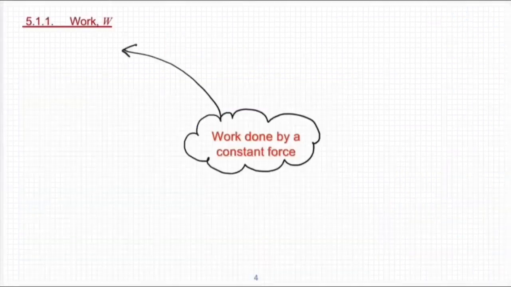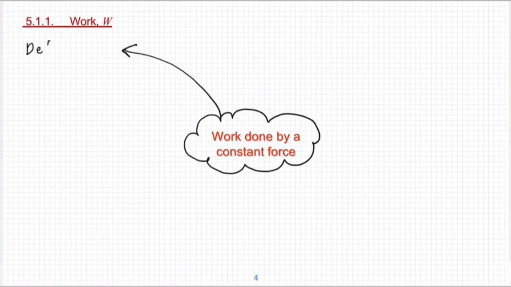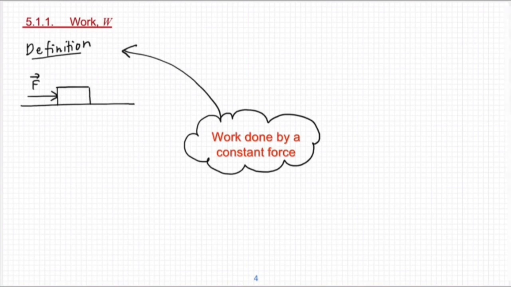Okay, first of all, work. How do we define work done? Imagine we have an object placed on a surface and then there is a force F acting on that object. Due to the force pushing on the object will move for a certain displacement S until it reaches its final position. So because there is F and also S, we can say that there is work done.